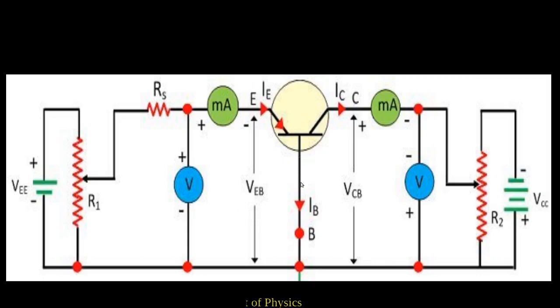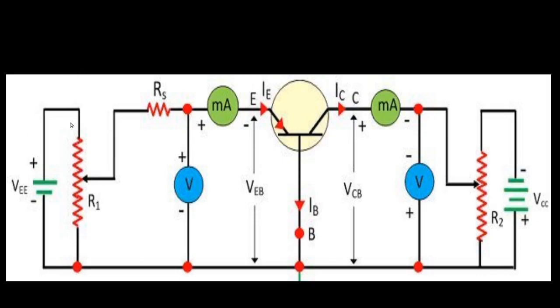So the current starts to flow, that gives the base current, while recombination of the electrons and holes at the base side. It is because the base is lightly doped, so only a few current flows from this side. The voltage across this side, the emitter and base junction, is VEB. At the collector and base junction, we are applying the voltage VCB, and the collector current and emitter current are measured by this device in milliampere. But the base side carries few currents, in microampere.